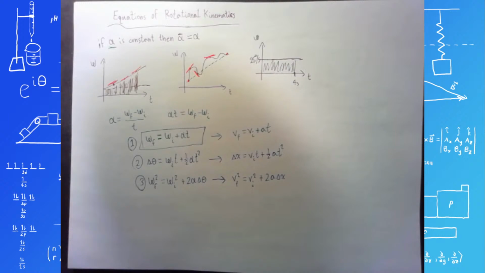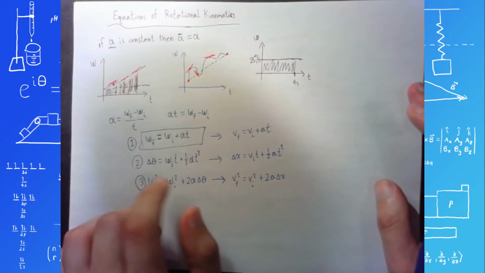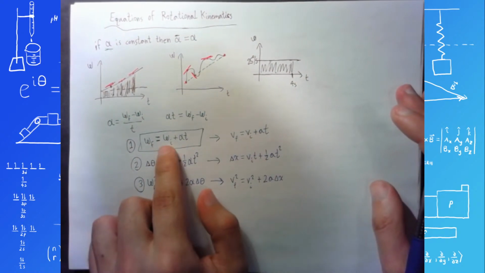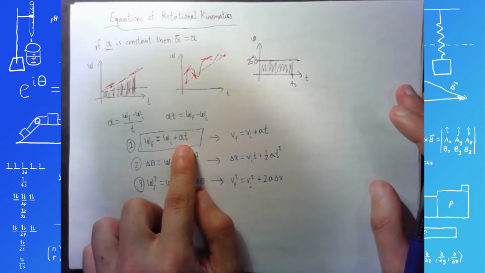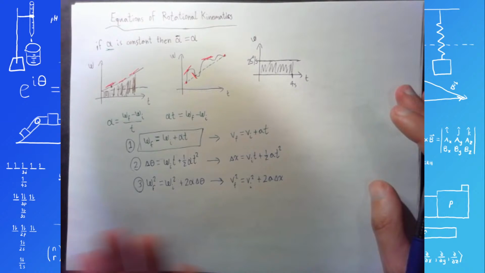Now, the units here do not have to be in radians. Your rotational units do not have to have radians in them. They will work just fine in degrees or revolutions as long as they all agree with each other. So for example, it won't work if my angular velocities are in radians per second, but my angular acceleration is in revolutions per second squared. That's not going to work. You have to get the units to agree with each other,